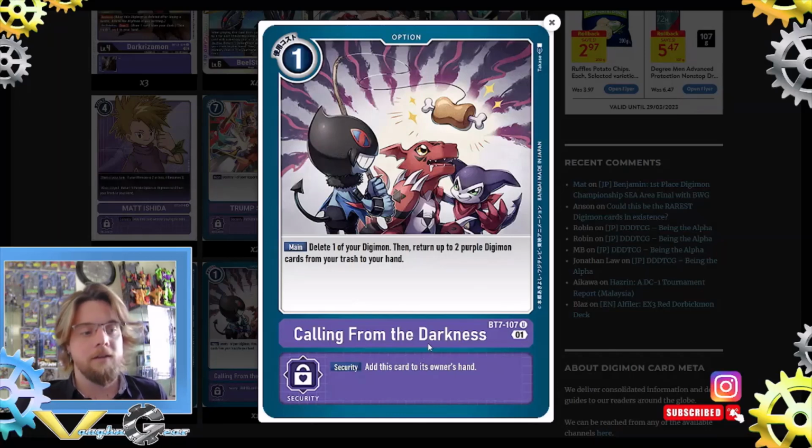Then we have Calling from the Darkness, so very good card. And also another thing, if you guys have not noticed, we turn up to 2 purple Digimon. In Digimon specifically, anything that's up to has a minimum of 1. So if you have, let's say, no Digimon in your trash and you want to use this on your Eismon, you're going to have to add whichever the Eismon or the digi that's underneath it. You just have to. This is the issue that a lot of people don't realize, that in Digimon up to is a minimum of 1 all the time. So it's kind of confusing, but it is what it is,